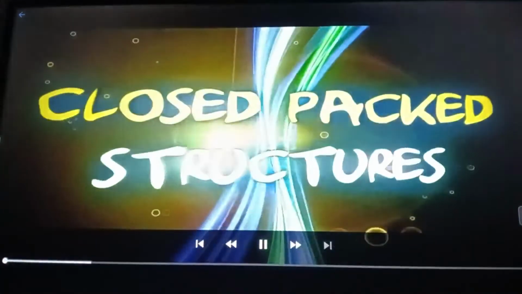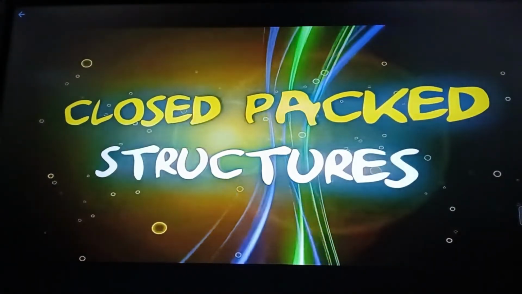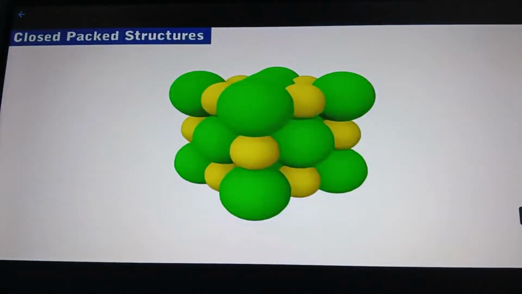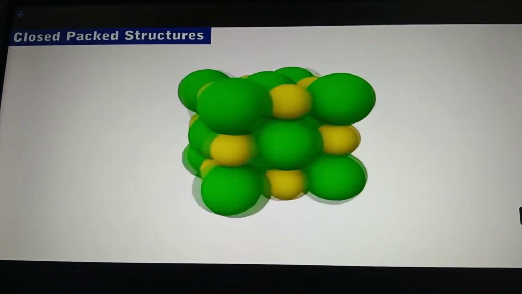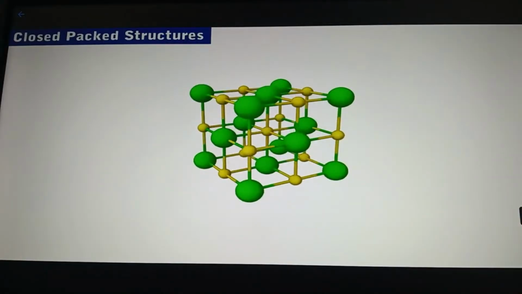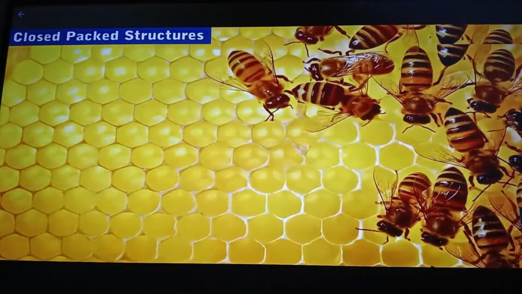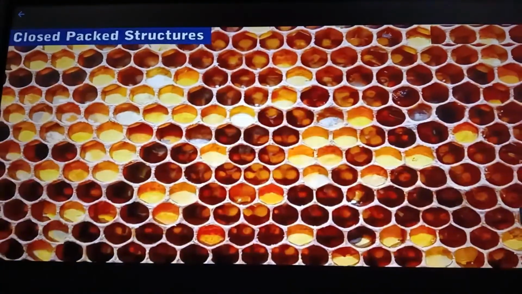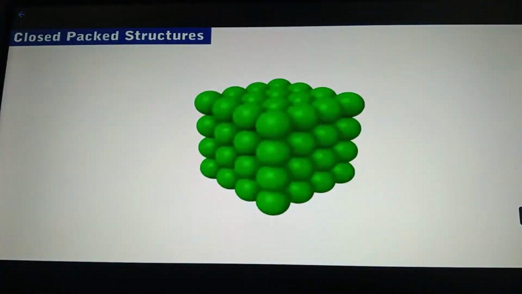In this module, we will be studying about the close-packed structures. When substances form solids, they tend to pack together to form ordered arrays of atoms, ions, or molecules. Let's see how this order arises and what different kinds of arrangements are possible. A honeycomb is an excellent example of close packing found in nature. A close packing is thus defined as a way of arranging equidimensional objects in space